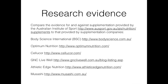Don't merely get some information regarding each of the supplements, but try and look at each of the pieces of evidence critically against that which has been scientifically shown to work or has not been shown to work by the Australian Institute of Sport,